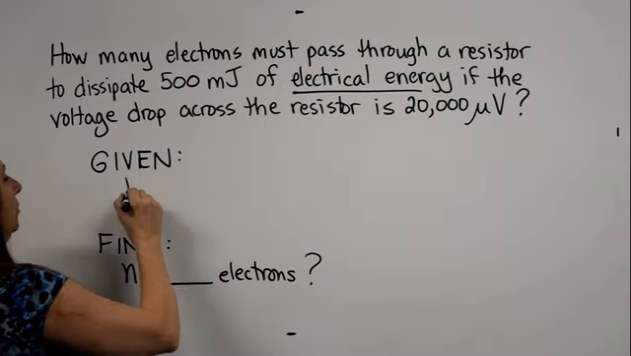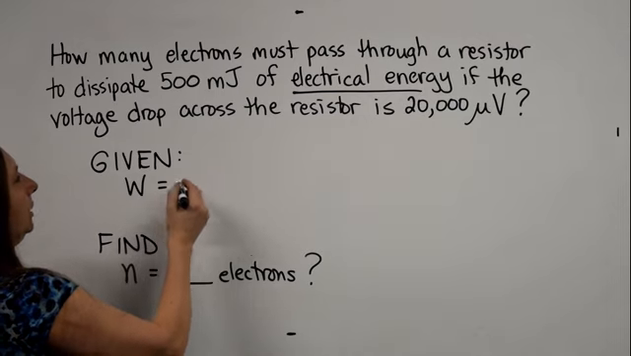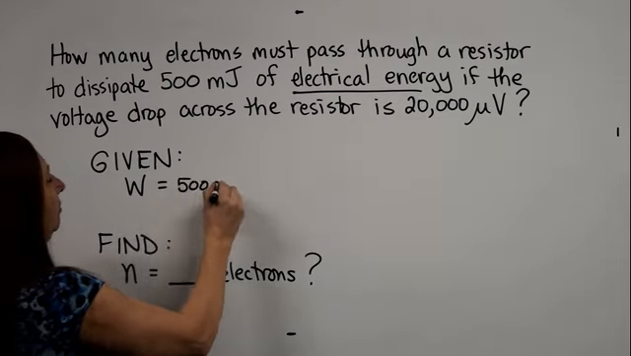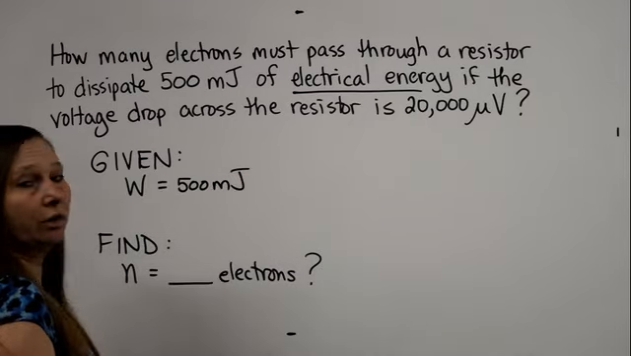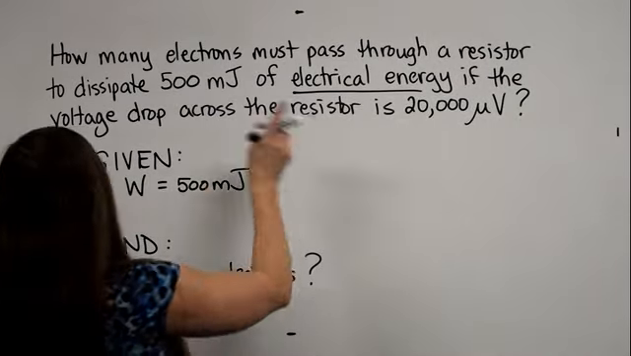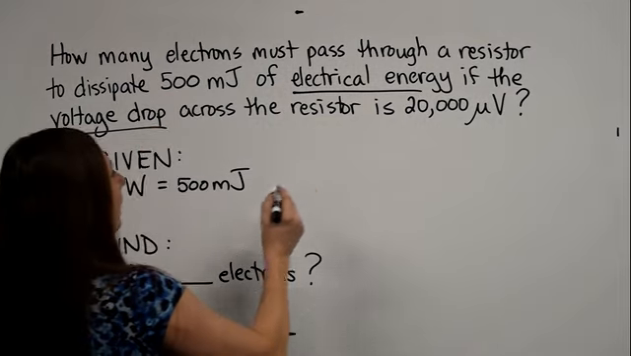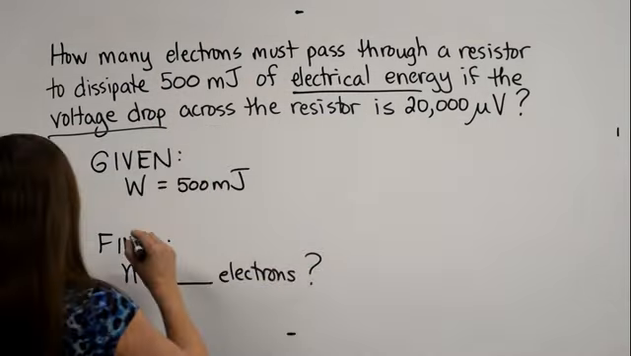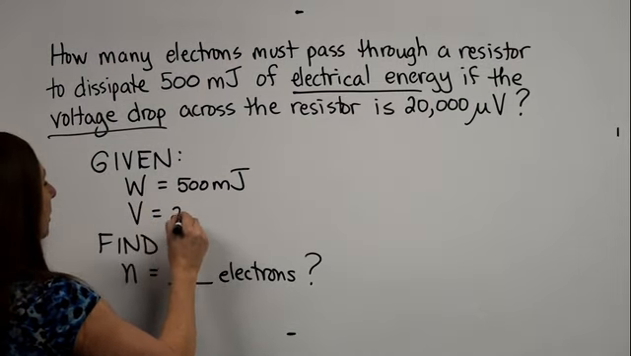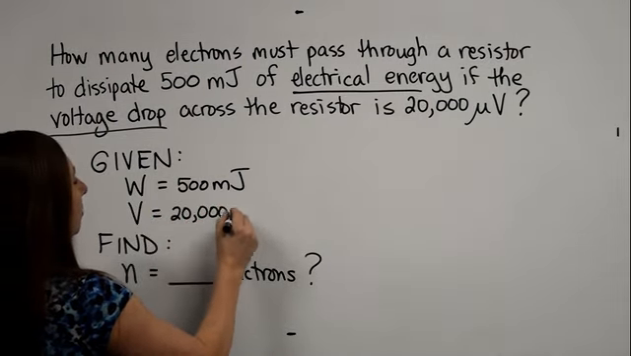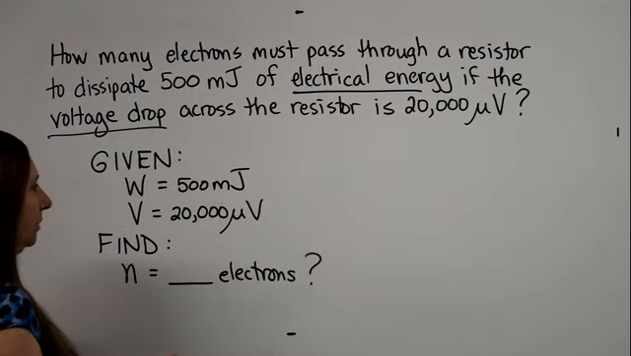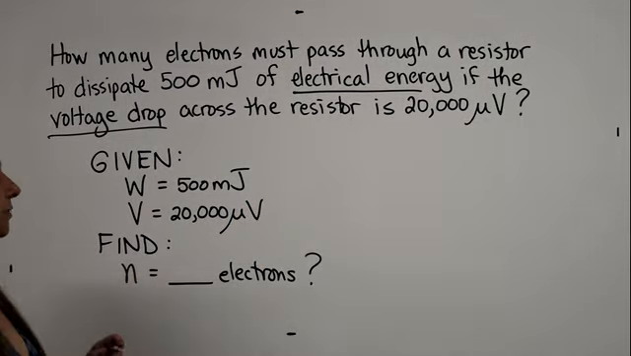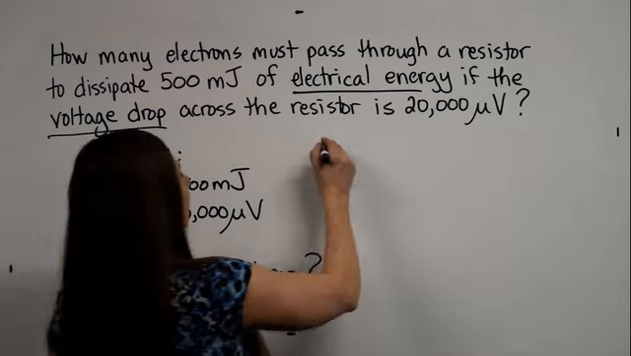So that's W. Your electrical energy, or work, is 500 millijoules. We know we're going to have to convert that to joules. The voltage drop, that's voltage, is 20,000 microvolts. So we've got volts, 20,000 microvolts. Now, we recognize right away that we can use the formula,